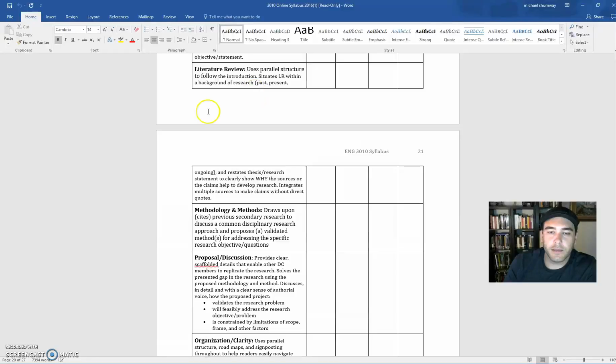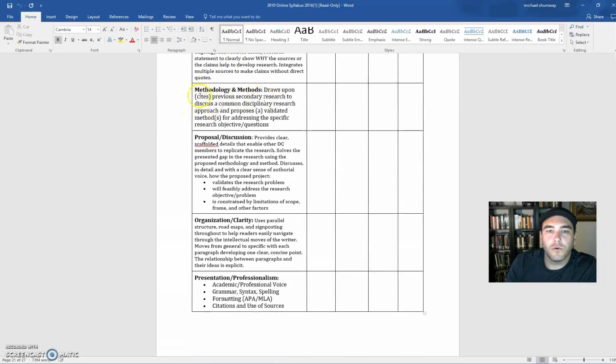So literature review. Again, this is essentially my third or fourth look at your literature review at this point. Are you doing all the things that you're already doing in your literature review? So take a look at my notes on your lit review, and if you need to address some concerns there, you can do that.